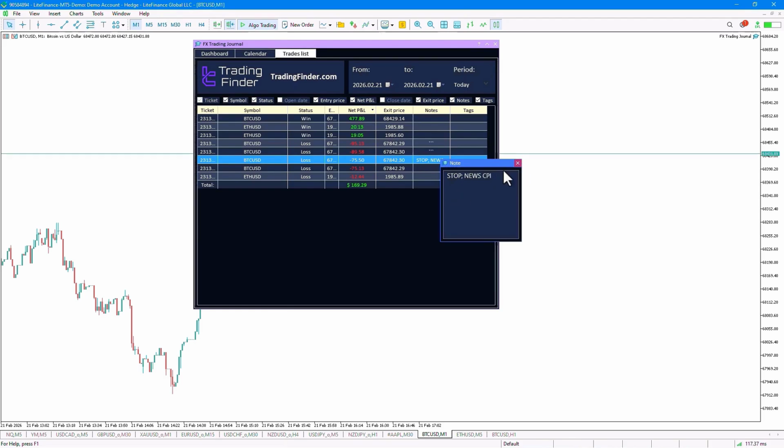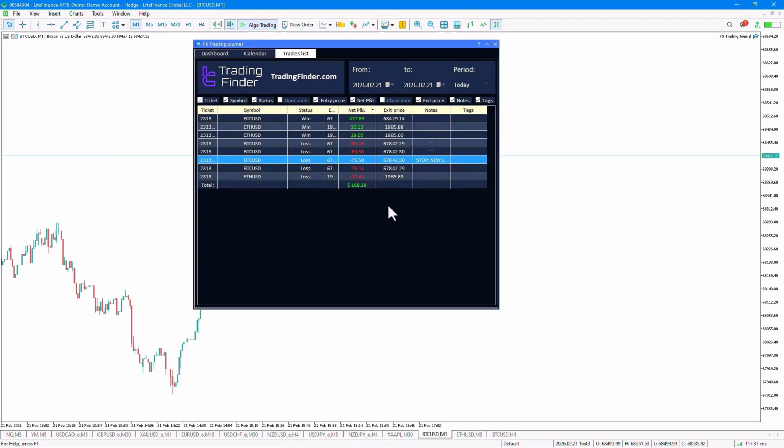Now, traders can enter various types of information in this section, such as the trading style like ICT, or smart money, the reason for entering the trade, and keys, for example, the formation of a pattern or a trading strategy like Ryan Soldier, the reason for closing the trade, such as reaching the target, and so on. In general, we can record the key and important points of each trade. We can enter these in the notes section so that traders can review their trades based on the information they've entered, improve their trading mindset and strategies, and enhance their performance. They can make themselves more advanced, and ultimately, by executing each trade,